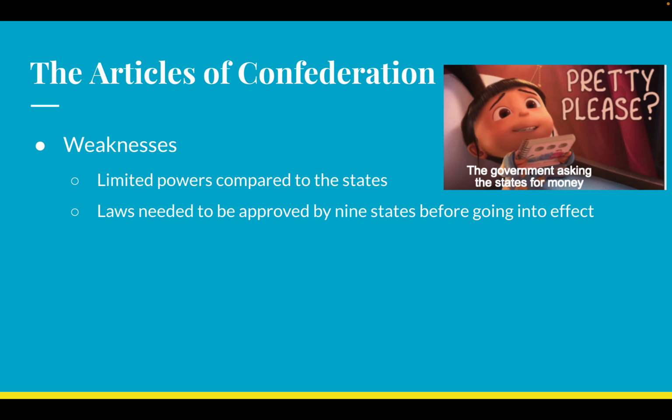So anytime a law needs to get passed, this isn't like today where Congress can vote on it with representatives that we, people in states, have elected. Instead, every single state legislature has to look at the law, vote on the law, and then 9 out of 13 states have to agree. Now, I don't know if you follow politics today, but you'll notice that a lot of states really don't agree on things. California, for example, doesn't really agree on a lot of the same things as Texas or Florida. A state like New York might have very different views or beliefs than a state like Wyoming. A state like Michigan might have a very different lifestyle than a state like Oklahoma. Getting a lot of them on the same page is very, very difficult.